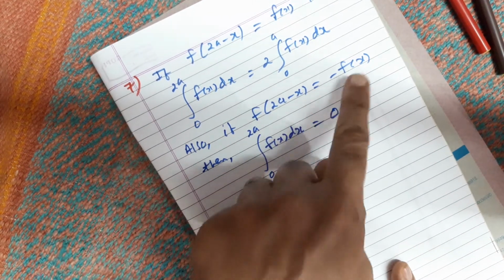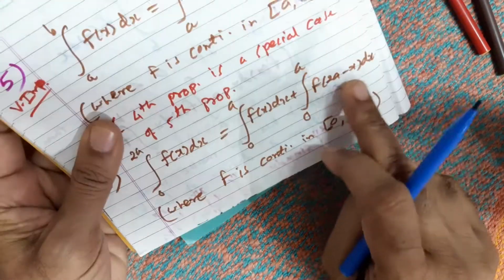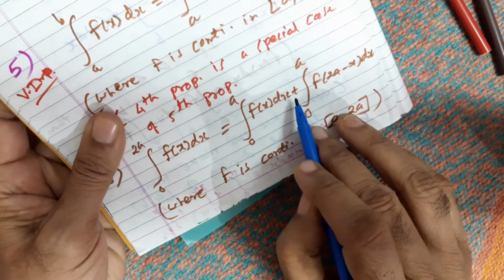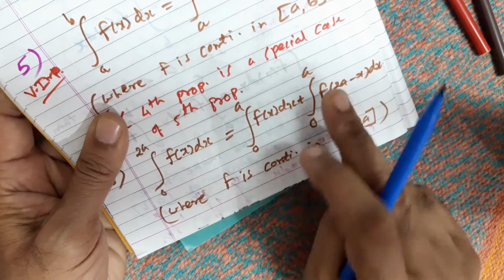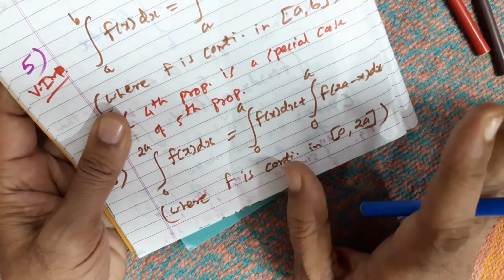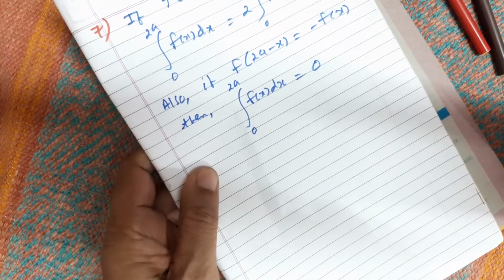Because now this is equal to minus fx, and minus fx means the plus will become minus, and both the terms are equal, plus minus cut, so it becomes 0. Simple. Okay. So they have taken this as per property number 7, right?